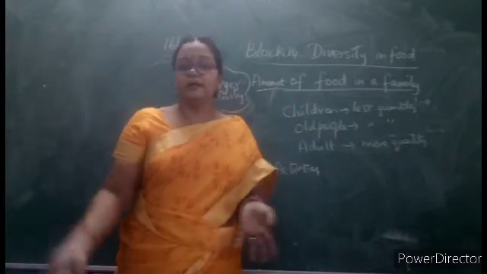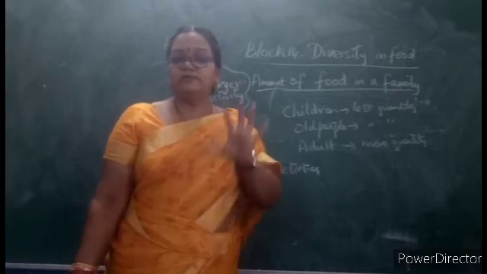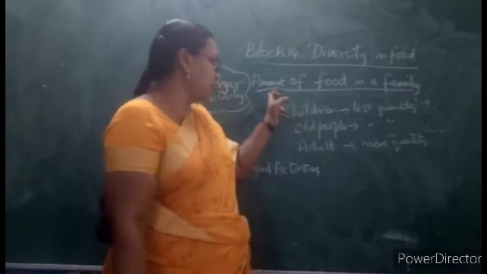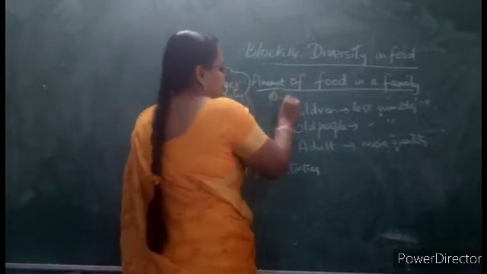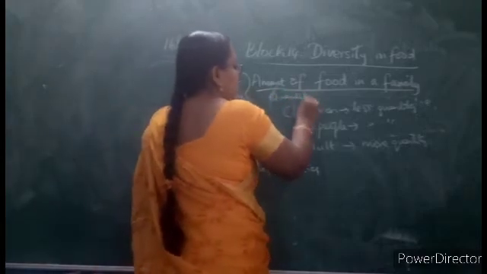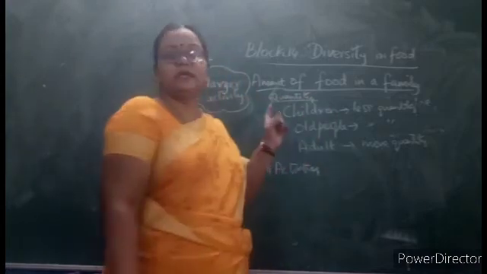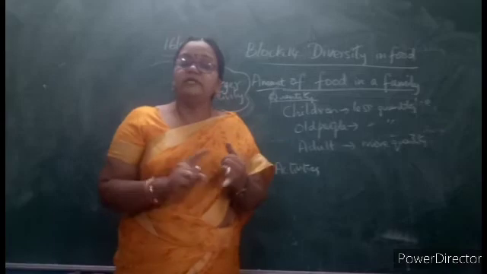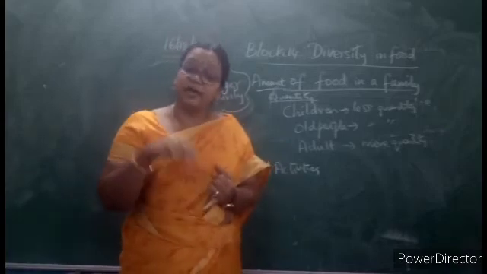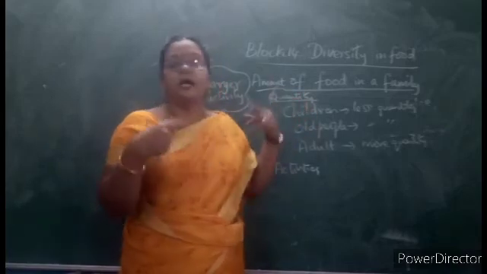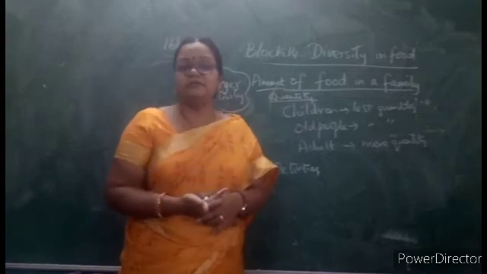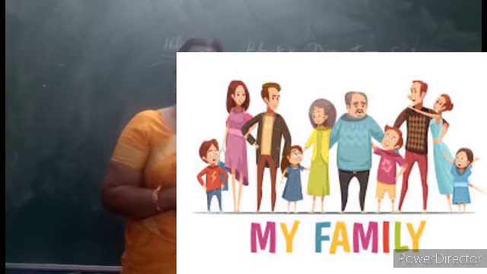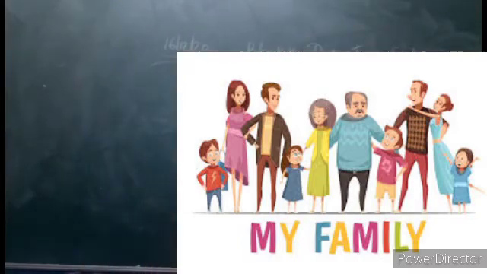If all the children and all the adults are of the same age group, they will be more or less eating this way, the quantity. We are talking about amount, which means quantity. Quantity, 1 bowl or 2 bowls or 2 chapatis or 3 chapatis, that is called the quantity, how much we are eating. So by now we discussed the diversity in the family, in the quantity and also kinds, how it changes from one person to another person in a family. Yes children. So let us see what is given in the workbook now.